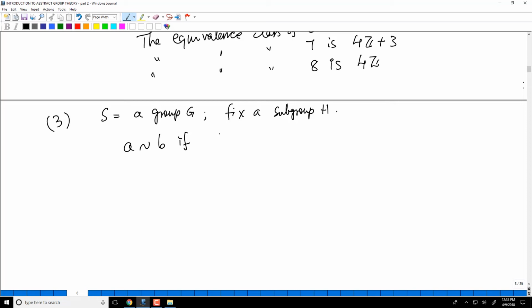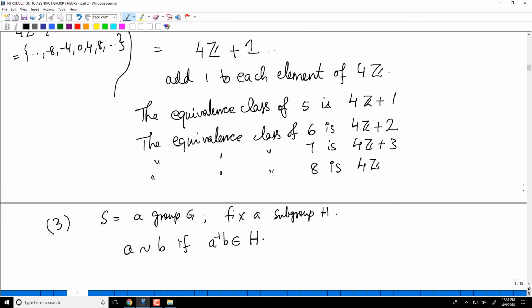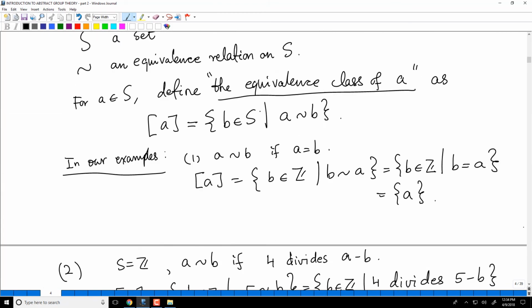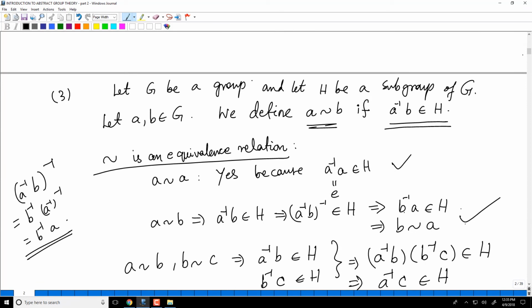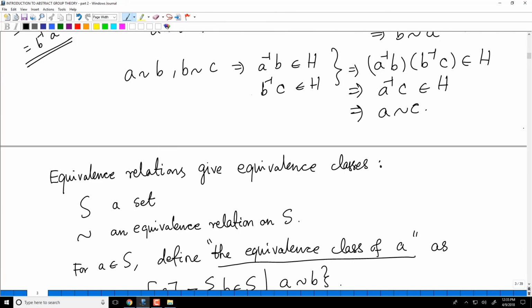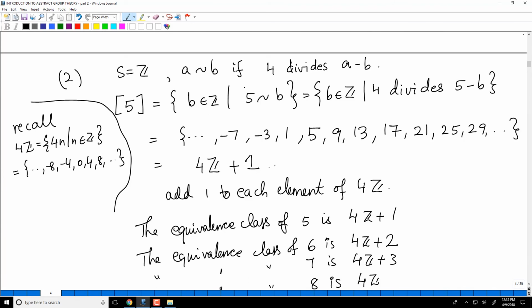Okay. So recall that in this example, we have declared that a is equivalent to b if a inverse b is in H. That was the example. We saw that if a inverse b is in H, then a is related to b, and that's an equivalence relation. What are the equivalence classes of...